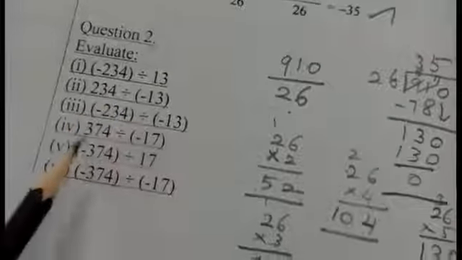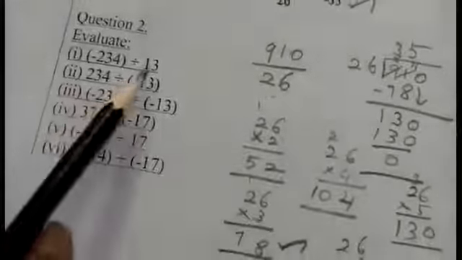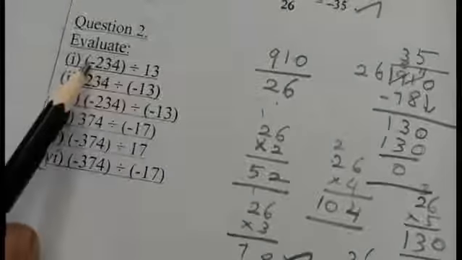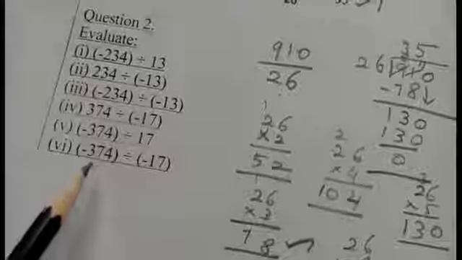Second sum. The same calculation we are going to do in the second sum, students. Second sum, what is the number given here? 234 divided by 13 and 374 divided by 17. They have given this number repeated 3 times. For what purpose? They want you to identify using the sign. Minus into plus, plus into minus. In this way they are going to do the calculation, students. Next we are going to do the second sum.